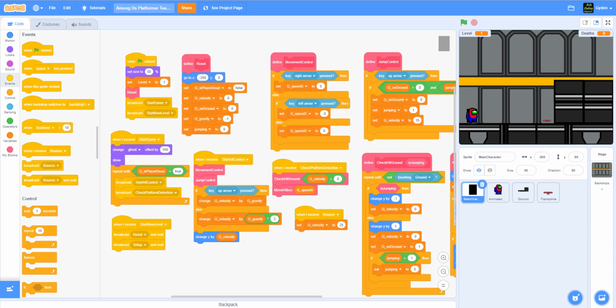So today we will work on the Among Us platformer, part 4 of this video. Okay, so just go over the code if you miss anything. This is the main character, which is the black box. Here's the code on the control here on the left, where the green flag is clicked, and then you have all these different